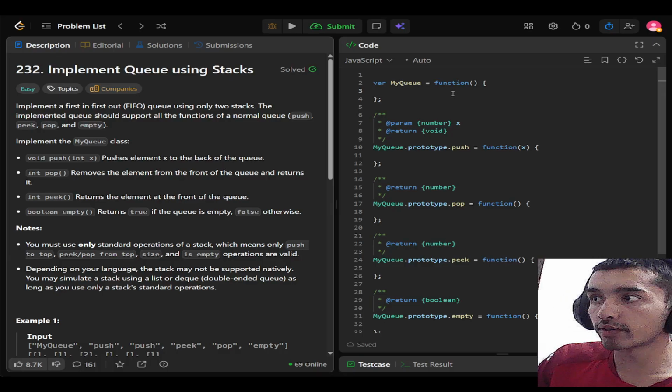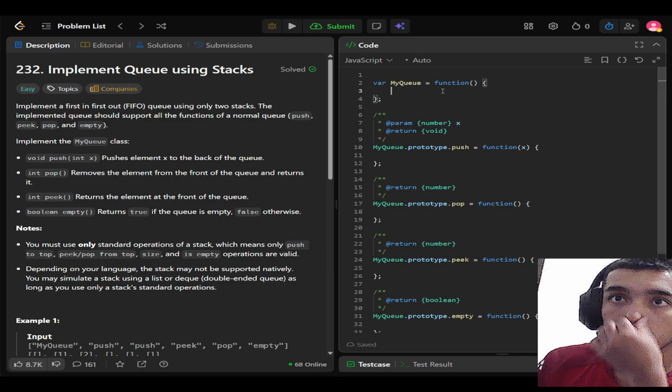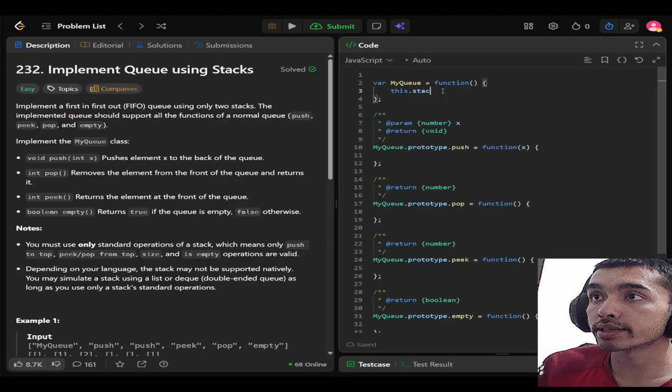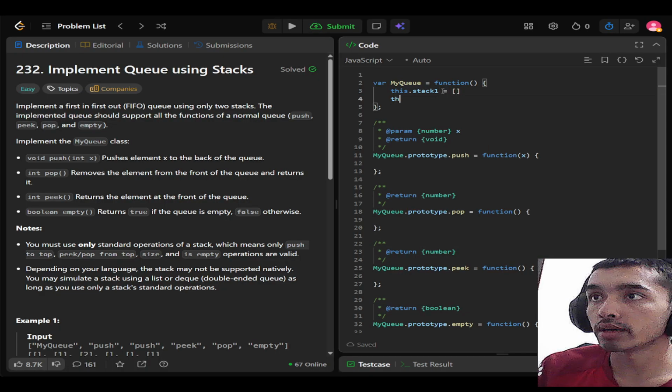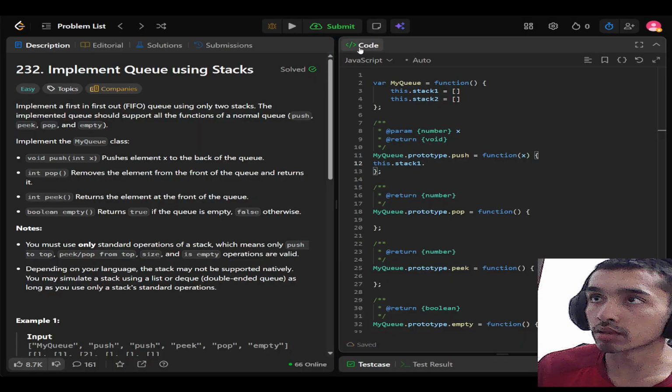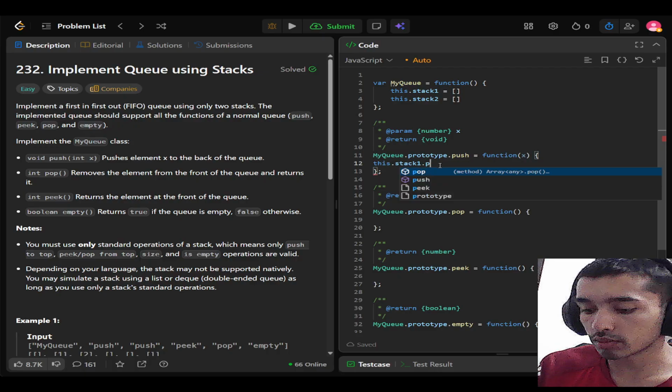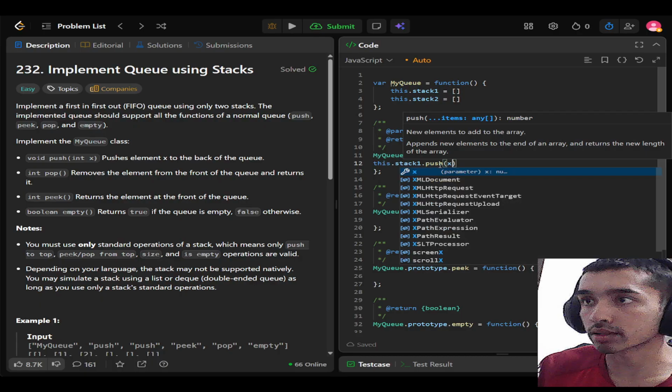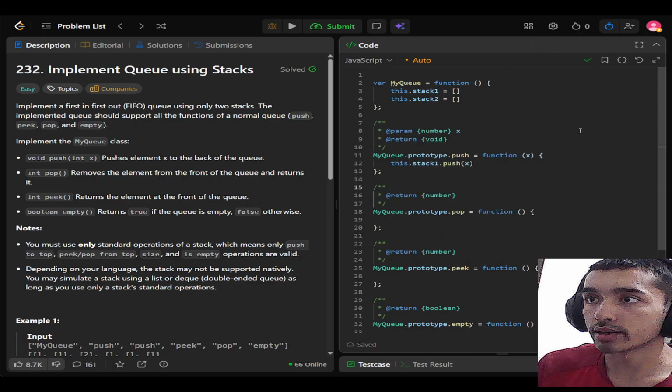Let's write code for our problem. First we will create stack one, this.stack1, and we create stack two, this.stack2. Then for push, we push all the x into stack 1, right? And then